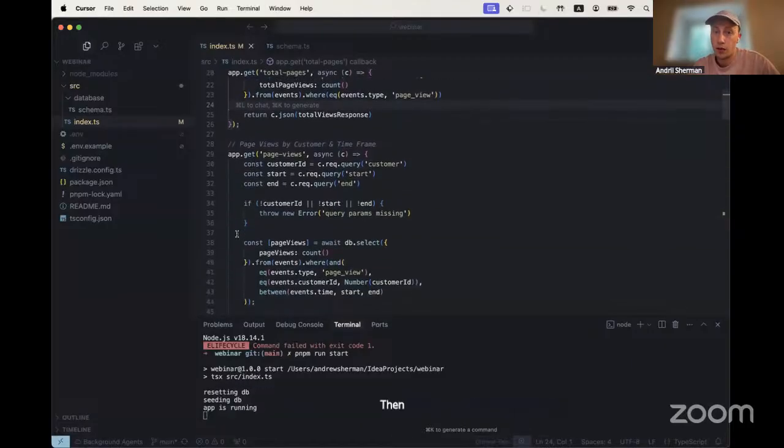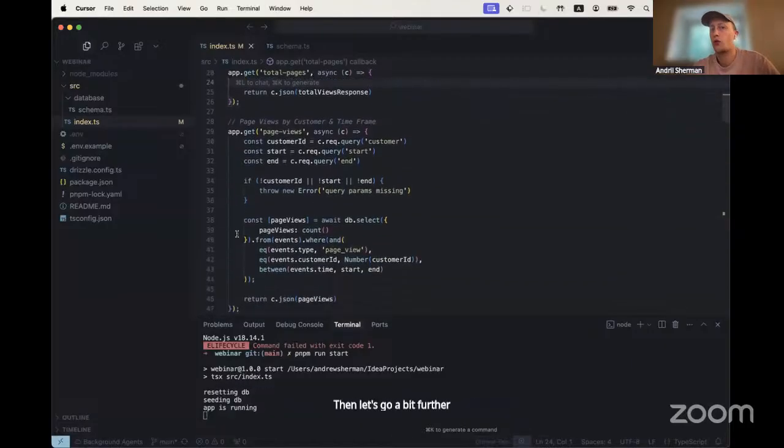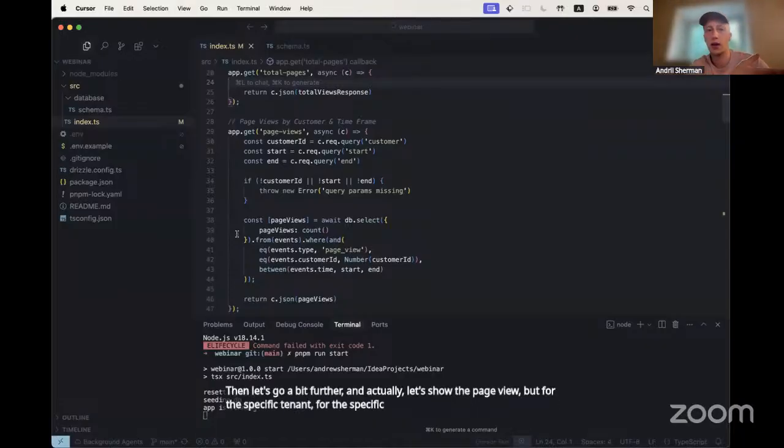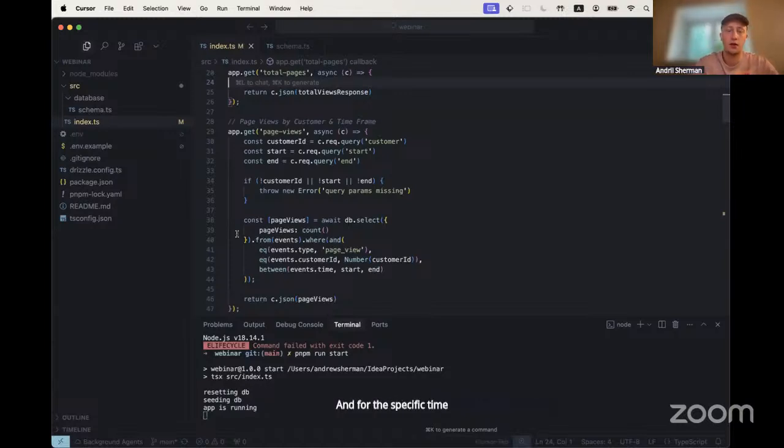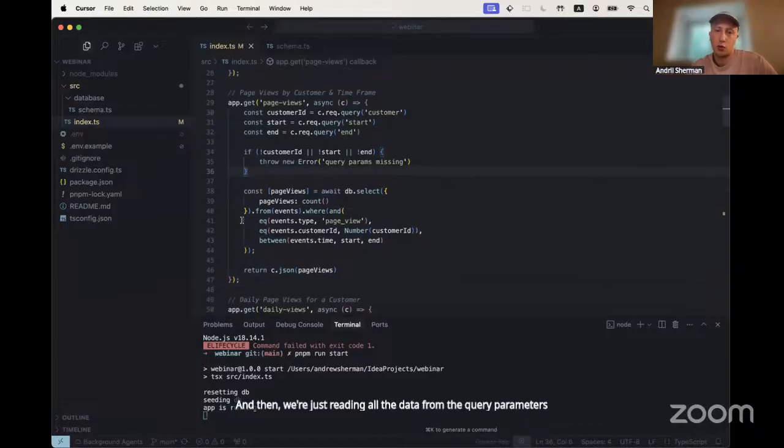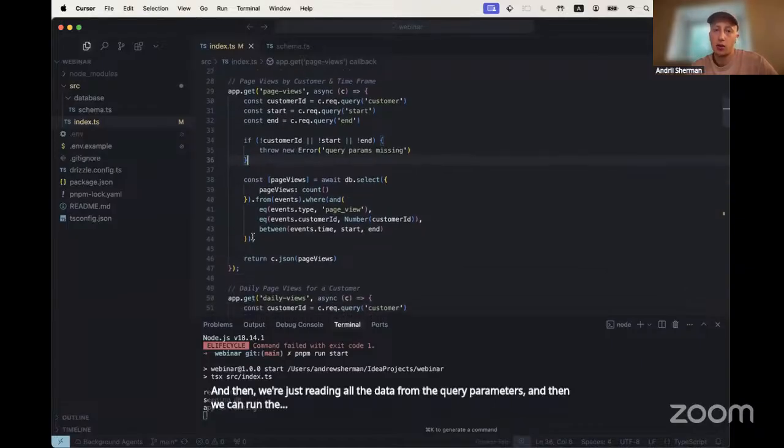Then let's go a bit further and actually show the page view, but for the specific tenant, for the specific customer, and for the specific time frame, saying, okay, show me the page views from 1st of July to 7th of July for the customer with ID 3, for example. And then we just read in all the data from the query parameters, and then we can run the query to the database.